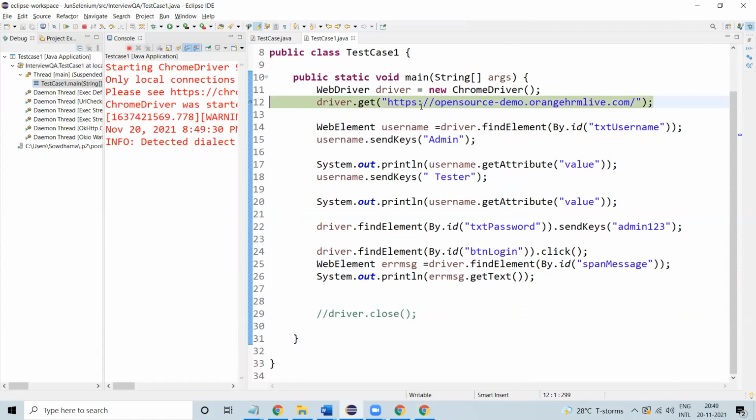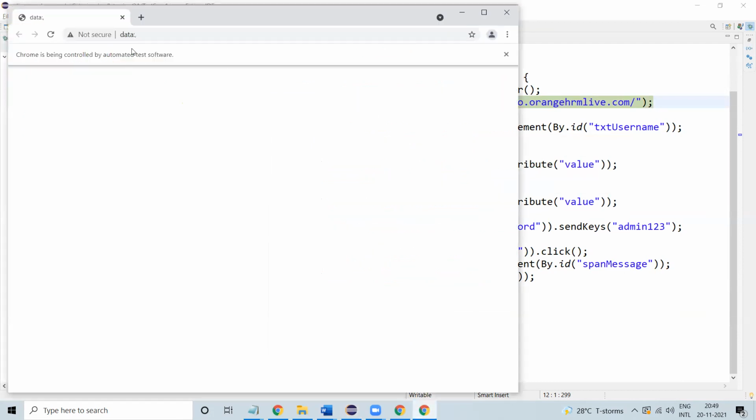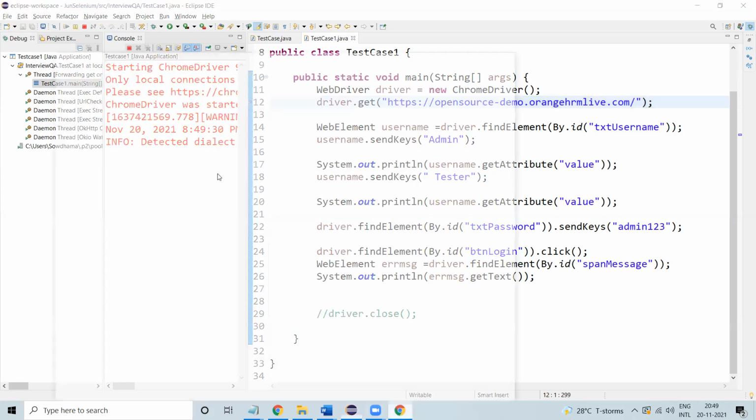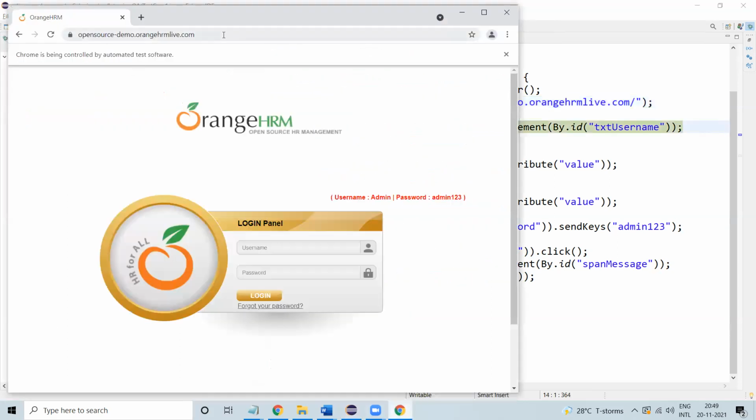Now if I click F6, it should navigate to the URL. You can see it's opening. I'll close this. If I click F6, I'll open this, and it navigates to the URL, right?